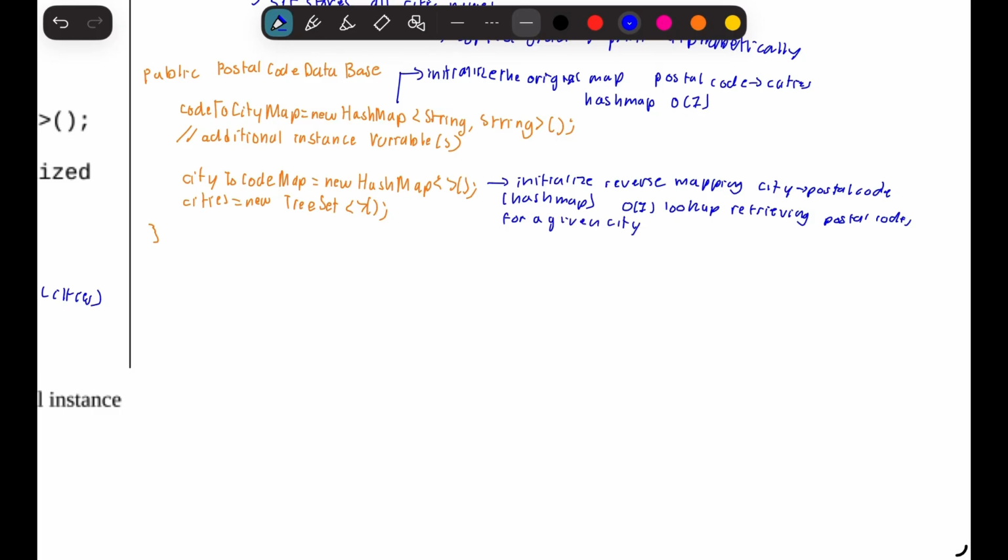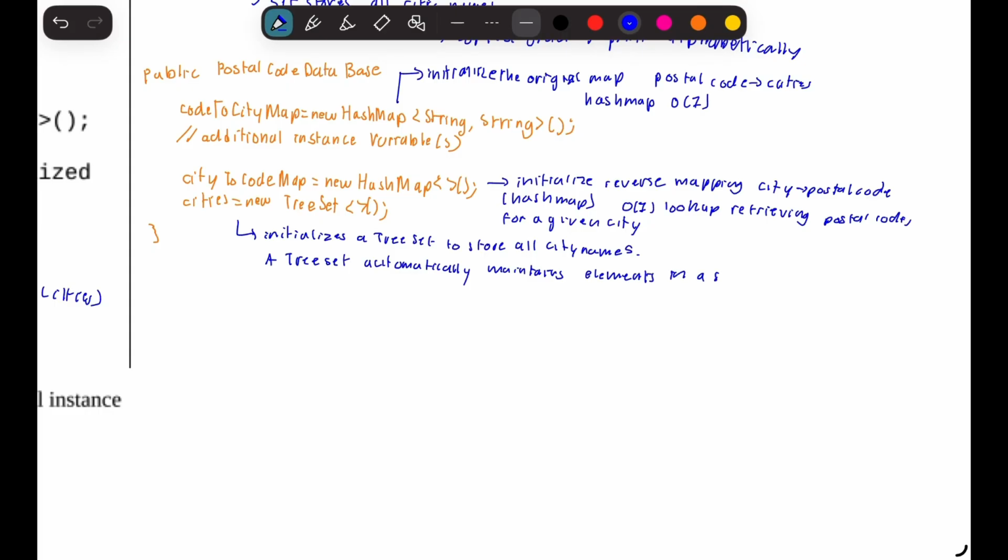Now, cities is equal to new tree set. All cities in O of n without